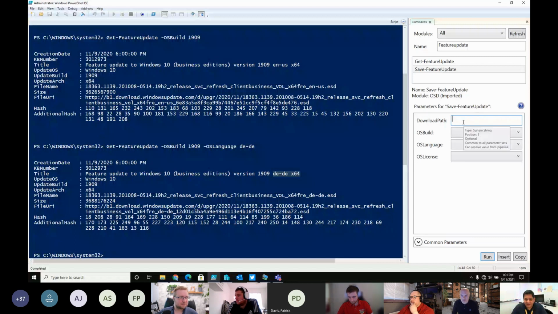Daniel, any plans for adding support for a custom unattended XML? It is possible to do. When you run OSDCloud, and it's probably best if I actually get into OSDCloud. So the module itself, give me just a second, let me pull it up in Visual Studio Code so that you guys can see what's happening.